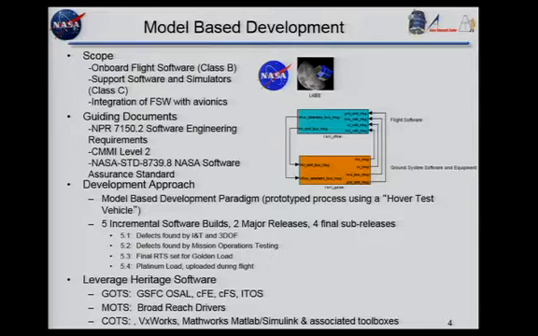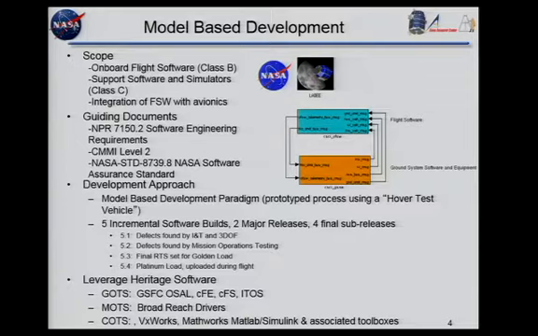From this chart, again, this has been presented before. This talks about the model-based development, but what I'd like to point out is, again, the idea that the simulation itself had to live a parallel path to that development, had to supply and furnish all the necessary components so that this flight software could continue its development. So all the incremental builds that are listed here were essentially supported by equivalent builds of the simulation.